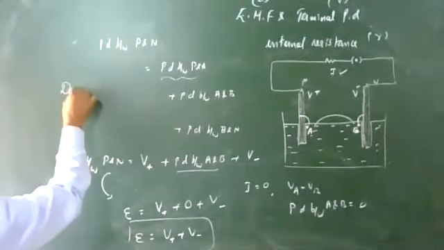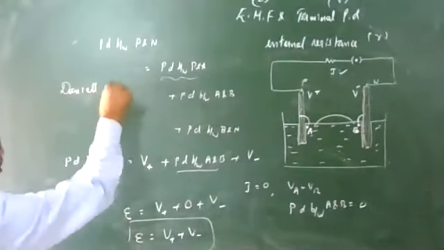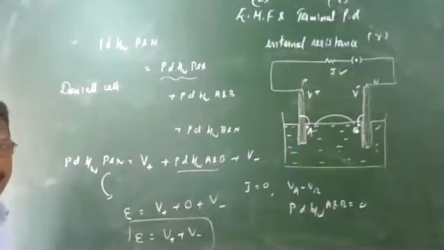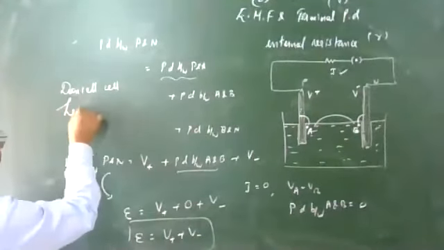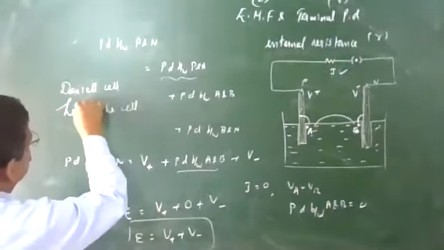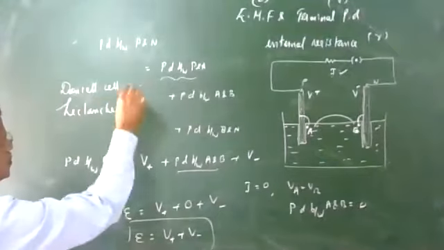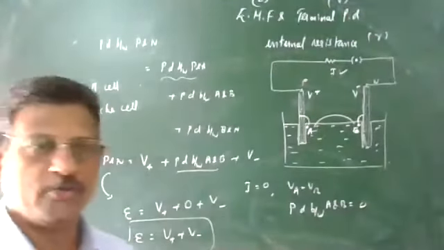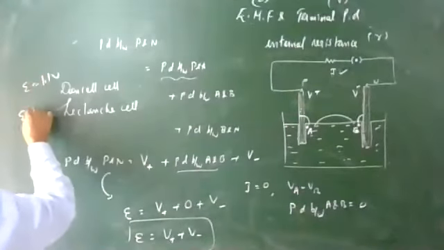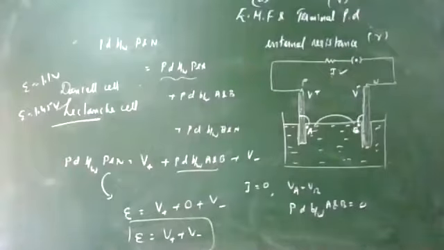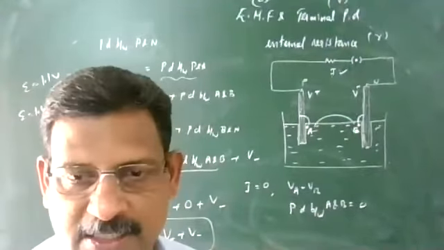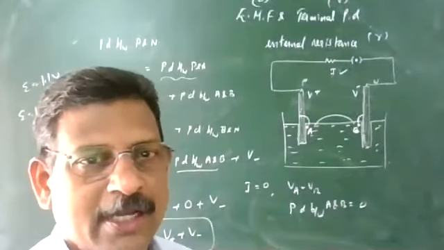It's like the Daniell cell. In the Daniell cell, the positive is a copper vessel and the negative is the zinc rod. In the Leclanche cell, the positive is carbon and the negative is the zinc rod. So for both, the negative is the zinc rod. For appearance, all of you see the YouTube video. Daniell cell, its EMF is 1.1 volt, and Leclanche cell's EMF is 1.45 volt. These two cells we usually use in the physics lab. So all of you see the videos of the Daniell cell and Leclanche cell and see the different parts. What are the electrodes and what is the electrolyte?